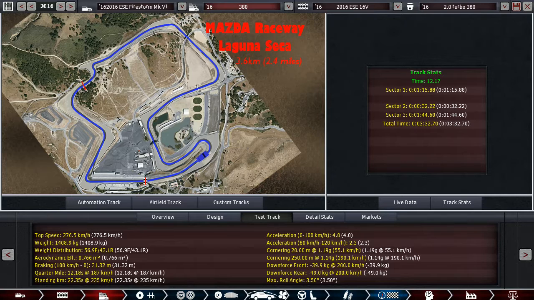1:44.6 around Laguna Seca, which is, let me look it up. 1:44.6. That is faster than a Shelby GT500 with the 510 horsepower. I don't know when this is from. That's like the 2006 or so model year. It is faster than a Porsche 911 Carrera. It's faster than a Jaguar XFR. Faster than a Chevy Camaro SS,